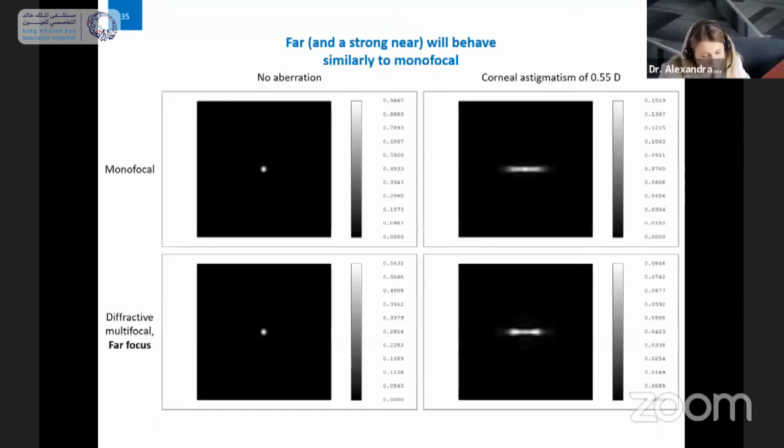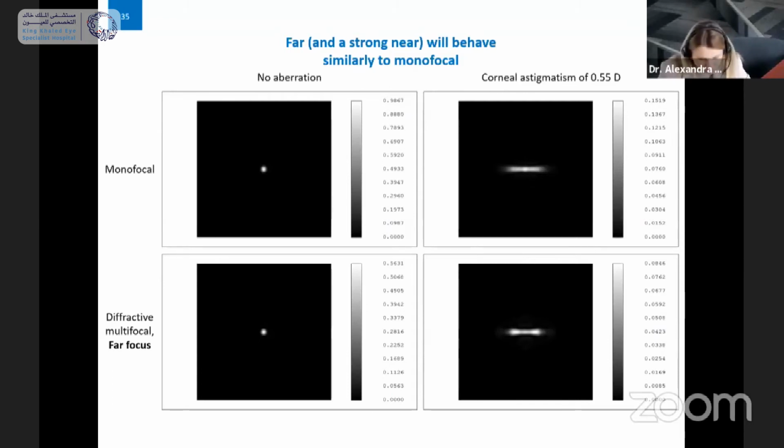And just to give you a little bit of a dive into the science, there was a simulation done with corneal astigmatism only, 0.55 diopter cylinder, and you see that as for monofocal without aberration and for far focus, there is a clear picture. As for corneal astigmatism, for monofocal or diffractive for far focus, there is not so big